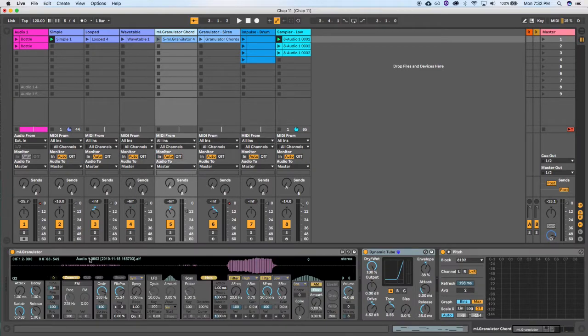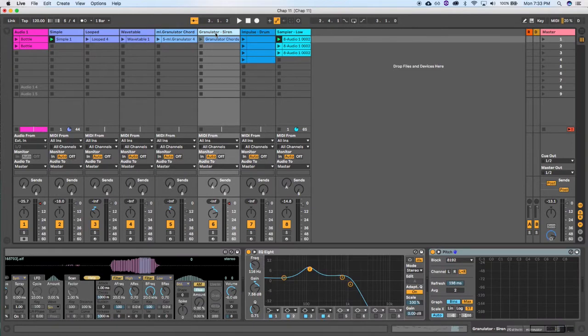Now this ML Granulator here is a Max patch I was able to download off the internet. It does a lot of things the Simpler does, but it gives me a little more control as I'm able to adjust the grain and a few other features here. I was able to repitch it as well. I did put on this Dynamic Tube just to adjust the sound as well to make it a little more grainy. Now this granulated siren,